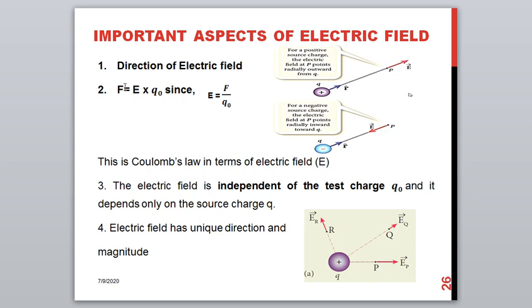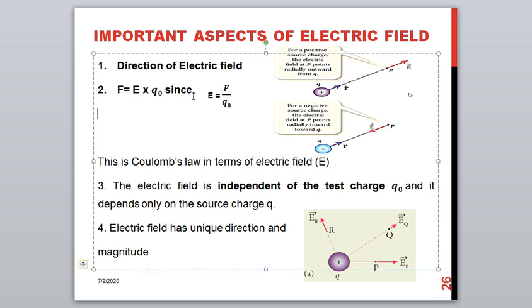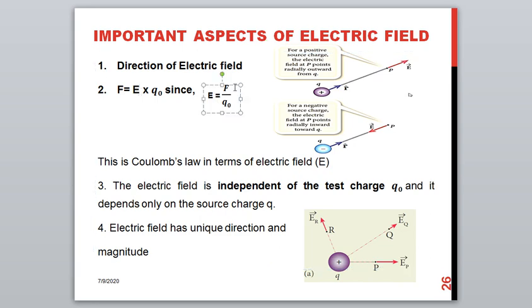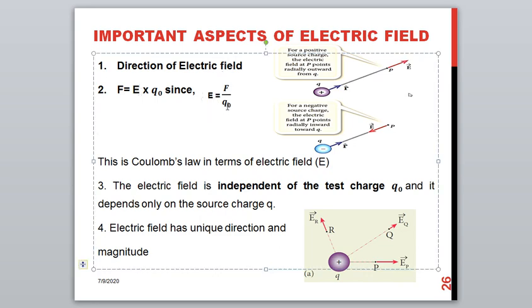The second point is, we are going to derive the force value from the electric field formula. The electric field formula is E equal to F by Q naught. Bring this Q naught to the left hand side so that it becomes F is equal to E into Q naught. This F is similar to the force we calculated using Coulomb's law, that is your electrostatic force. So the force can be calculated using Coulomb's law as well as with the electric field.